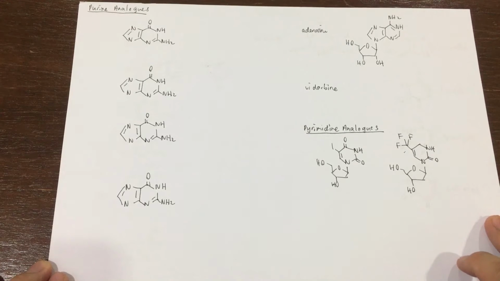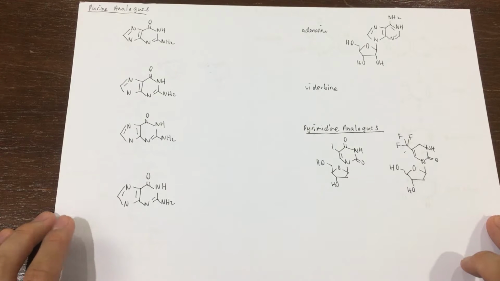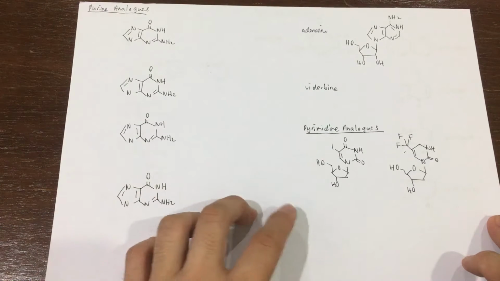And in today's video, I would like to talk about antiherpes drugs from a chemical standpoint. So in general, antiherpes drugs can be classified into two categories. The first one being nucleoside analogues, which of course includes purine analogues and pyrimidine analogues. Then the second category is the phosphorus derivatives, which includes phosphonoformate. So in this video, we will not talk about that, only the subcategories, purine analogues and pyrimidine